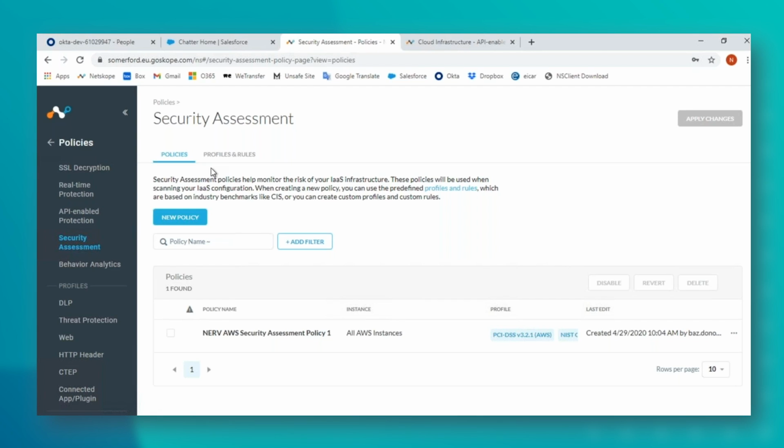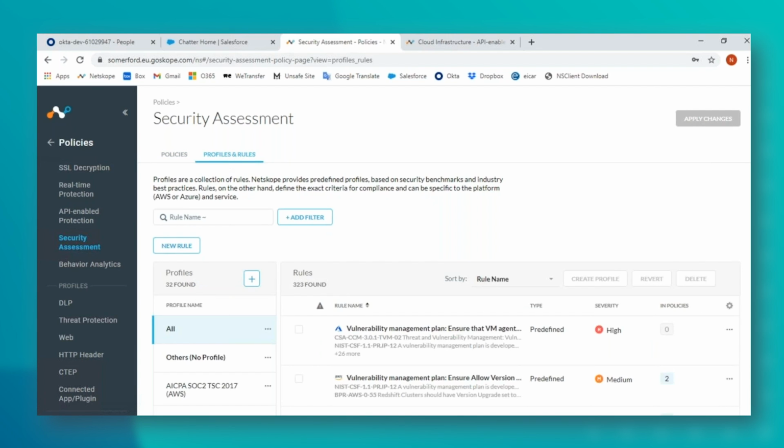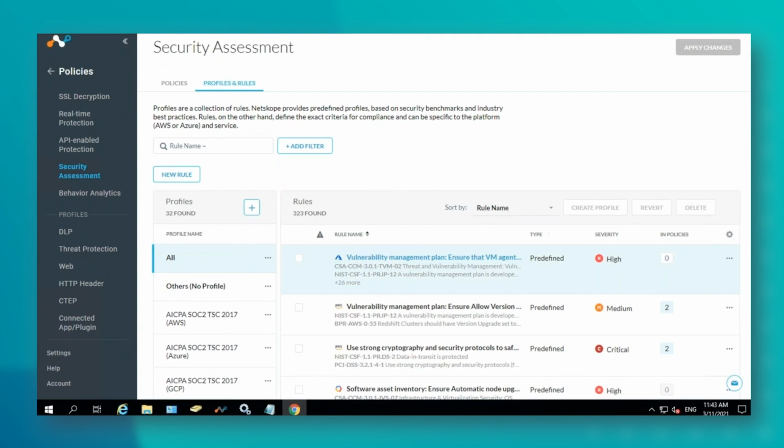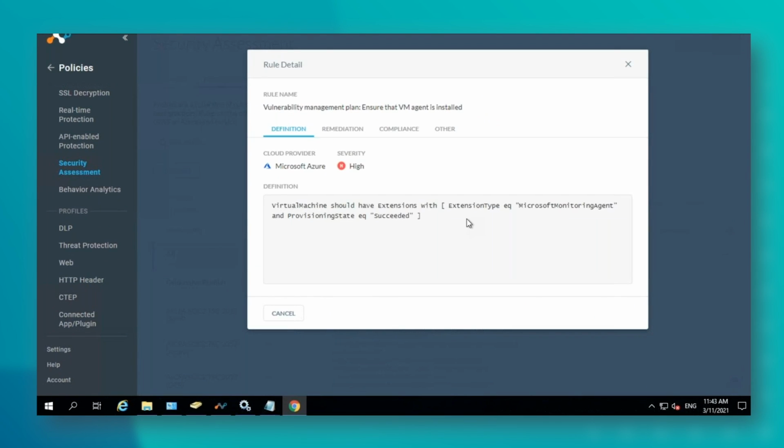If we quickly jump into profiles and roles, out of the box it comes with tons of these rules. If we click on this one, I'm no cloud expert, but even I can read these as to what it's going to look for. We've got a definition here.